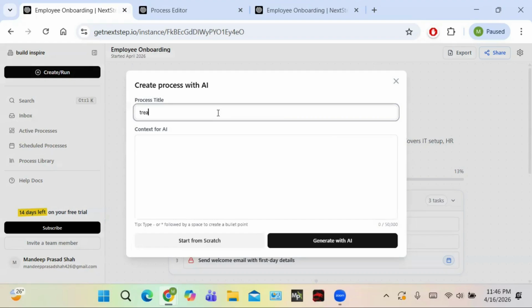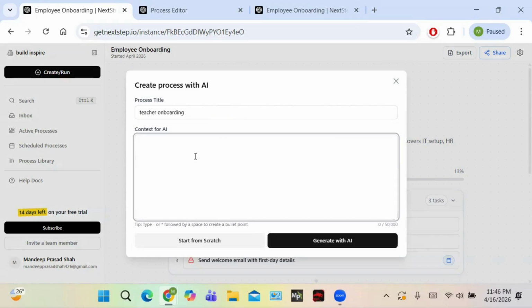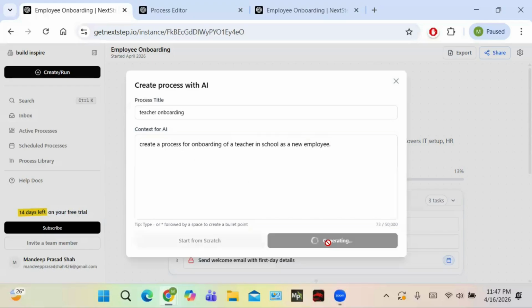So teacher onboarding, and then you have to write the prompt, for example, create a process for onboarding of a teacher in school as a new employee, and click on generate with AI, and it will create a process with the help